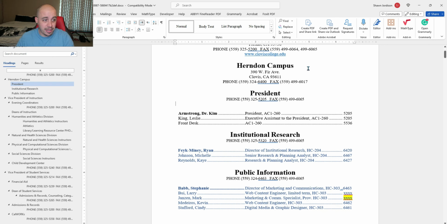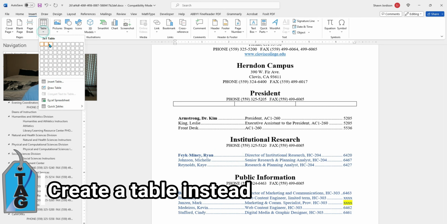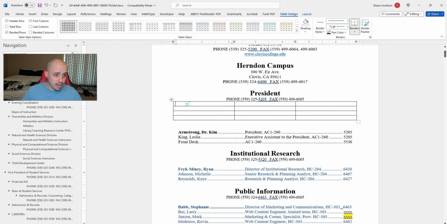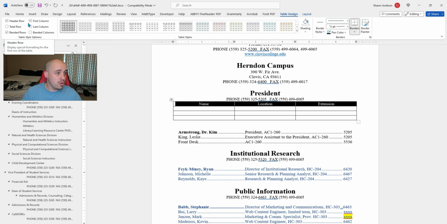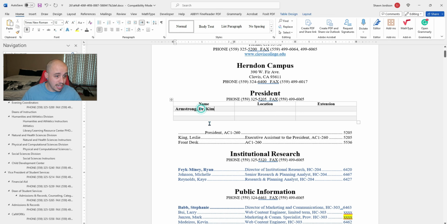So I'm going to go with my gut and let's insert a table. We want 3 columns and in this case, 4 rows. And we're going to put name at the top and let's say location and extension. We can center this. And then let's go to table design. We have header row. And I'm going to deselect first column, and then let's apply a very basic style to this. And we're going to cut and paste. So this is going to be a little tedious,